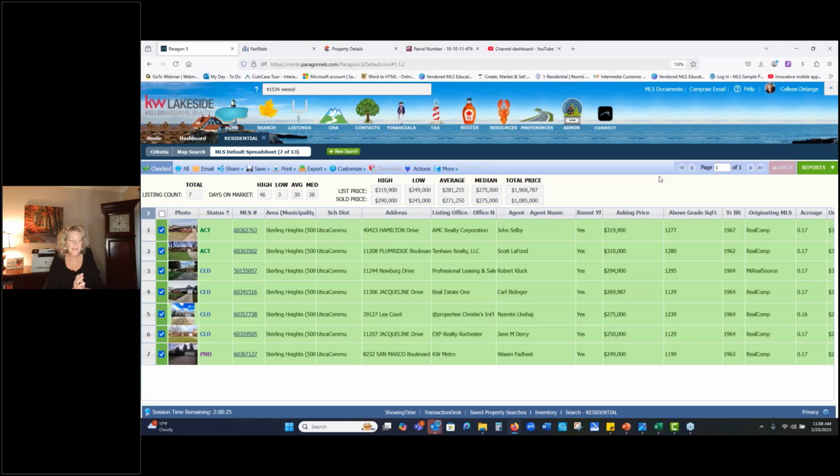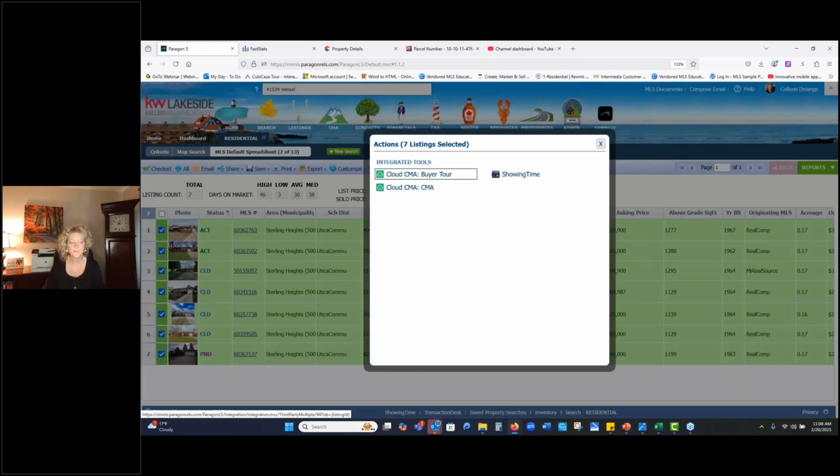So I've got my comparables. Now I want to click the easy button. That easy button for Cloud CMA is up here in Actions. When you click on Actions, there are 2 options for Cloud, by the way. One is if you're working with a buyer and you want to create a great buyer tour, but we just want to do a traditional CMA right now. So I'm going to click Cloud CMA,